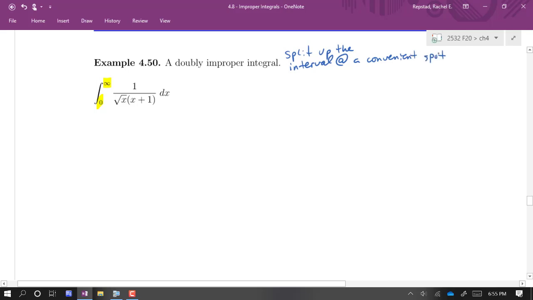Usually I'm just thinking what's going to be nicer to plug in when we have to actually evaluate. I'm going to pick 1, I think, because 0 is no longer convenient. There's an infinite discontinuity. So I'm going to rewrite this as